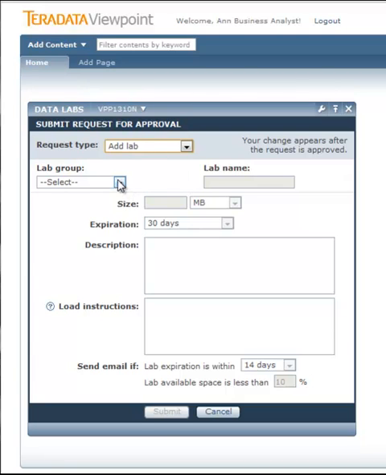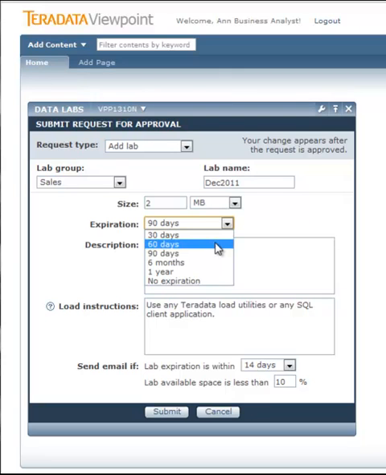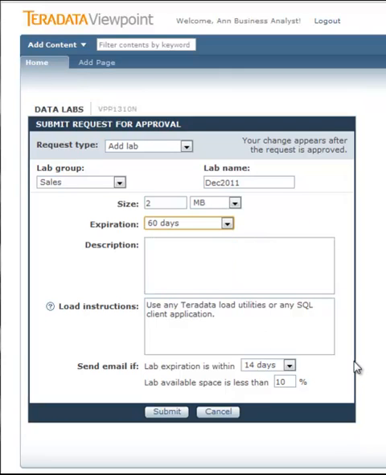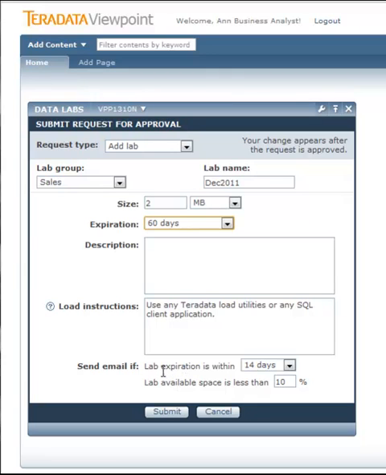So Anne is going to put her lab into the Sales lab group, and she's going to call it December 2011, and she needs 2 megabytes of space, and she only needs it to use the data for about 60 days. And then looking down here, we'll leave the defaults for sending email. So 2 weeks before her lab expires, she'll get an email letting her know, and if she needs it longer, she can request an extension. And once she uses up 90% of her space, she'll get an email, and if she wants to, she can request additional space. So she'll go ahead and submit this request,